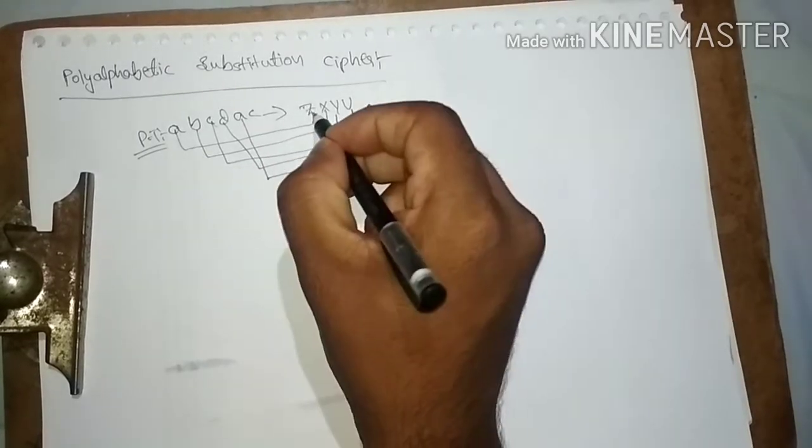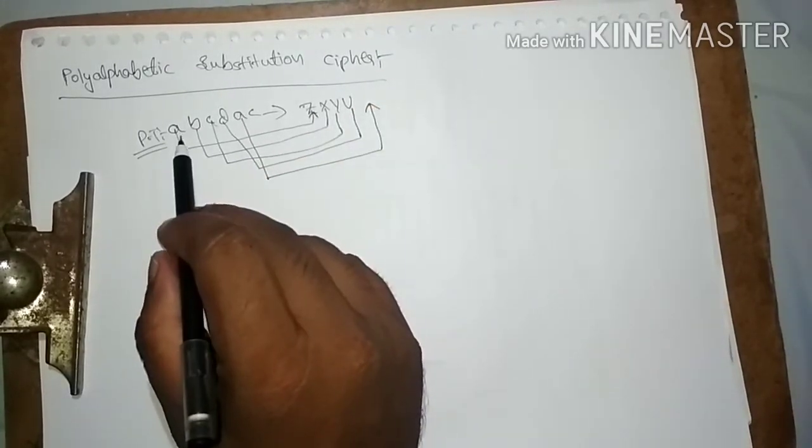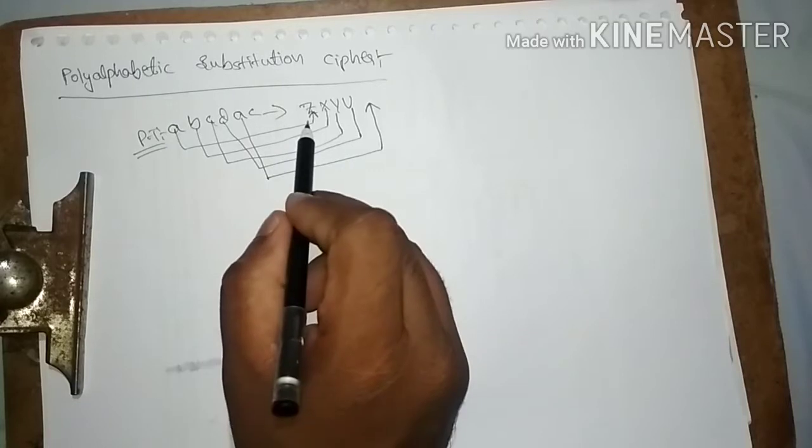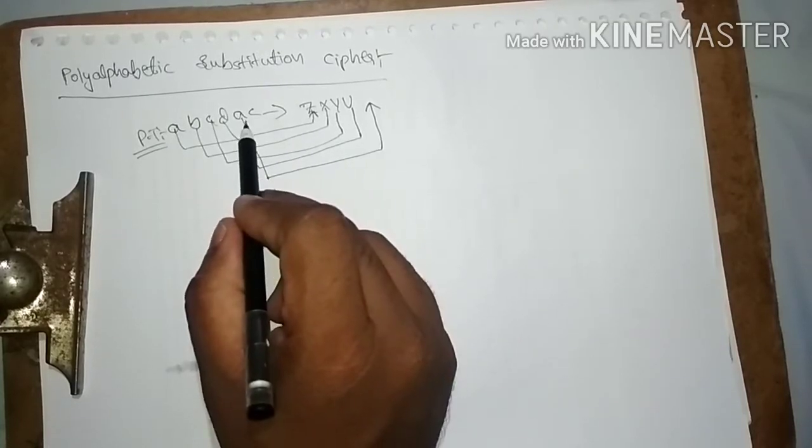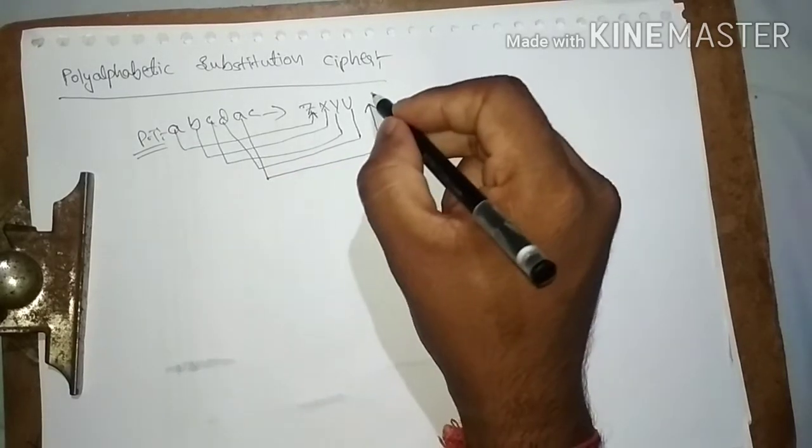The cipher text for A is Z, but when A repeats here, it will be maybe